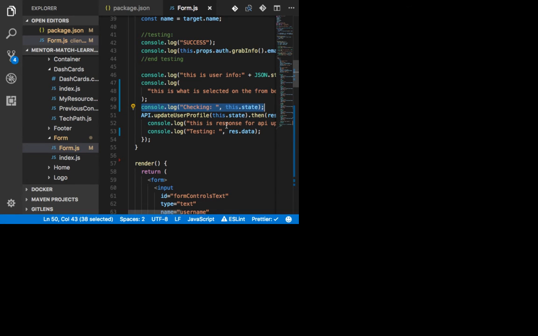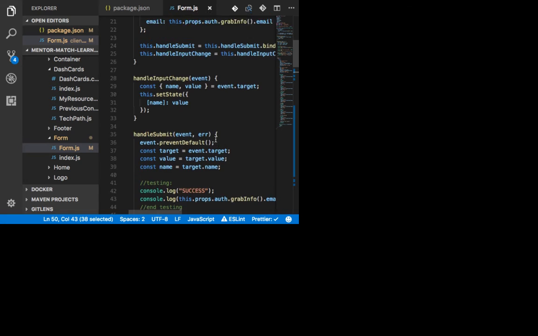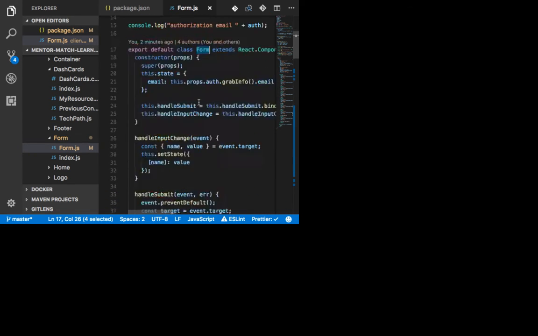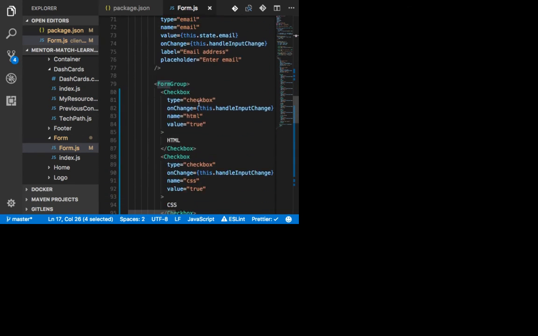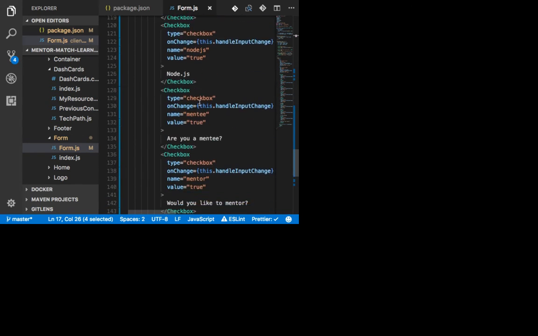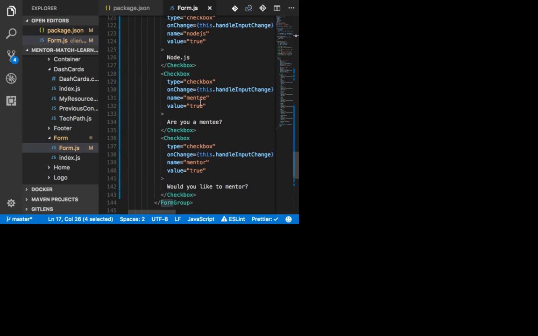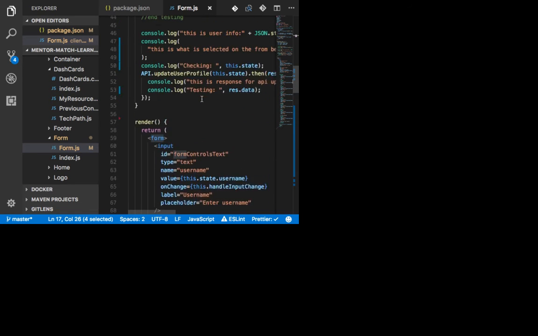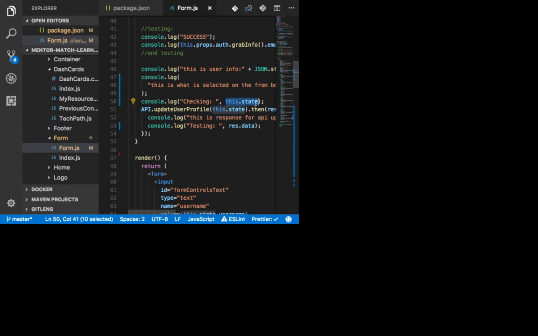And what component is this? This is this form component. It's only available to it. Now the question is, if this state's only available for this component, the one that displayed what we saw is another component, right?